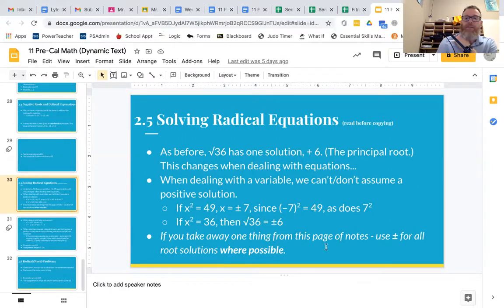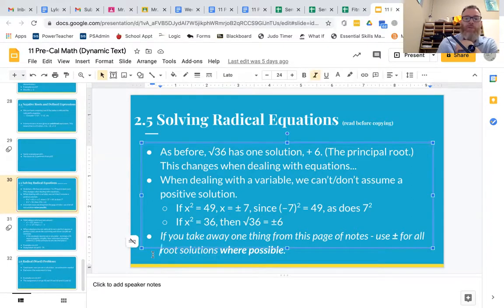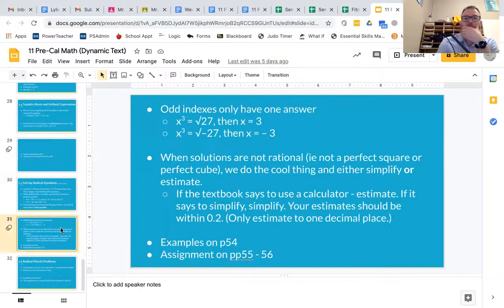If you take away one thing from this page of notes, use plus or minus for all root solutions where possible, when you're solving for an unknown. Next page. The odd indexes only have one answer if it's a positive number, so x cubed,